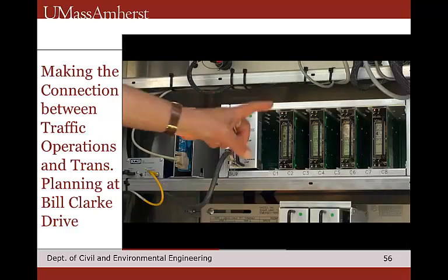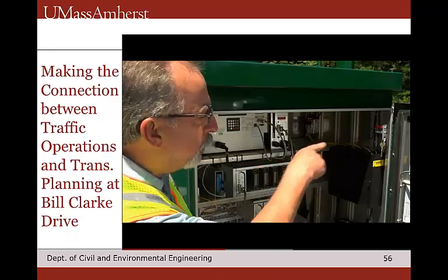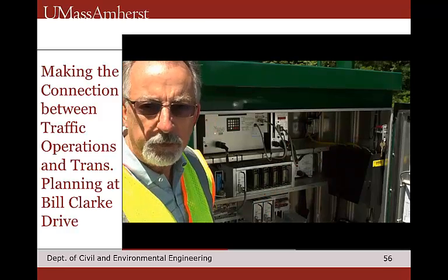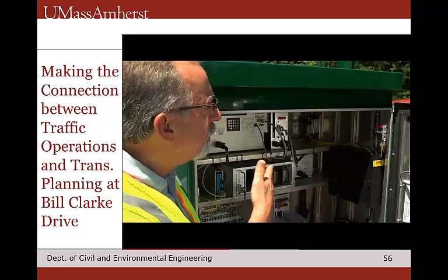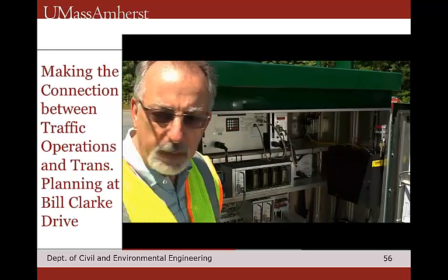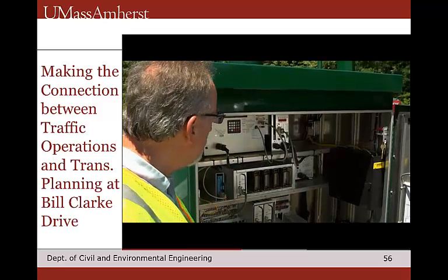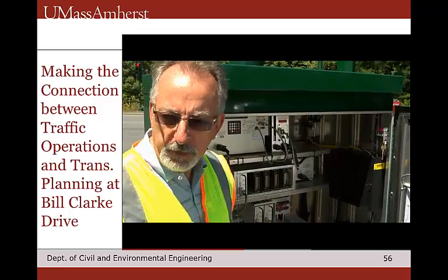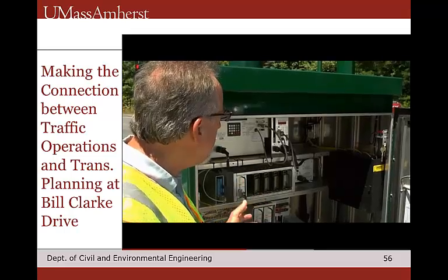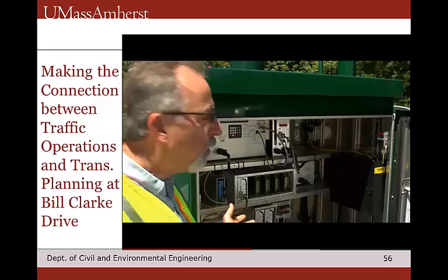What we have here are 4 loop amplifiers that are connected to wire loops that are in the pavement out there at the intersection. And as cars pass over those metal loops that are in the pavement, they're recorded by these 4 amplifiers. What we're able to do, which is unique to this system, is measure 24/7, 365 traffic volumes